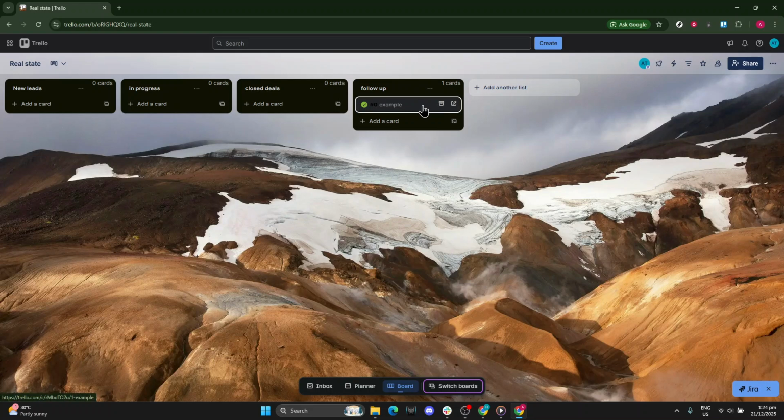Keep titles consistent, move cards as status changes, and use follow-up to stay organized. With this setup, your workflow will stay clear, focused,